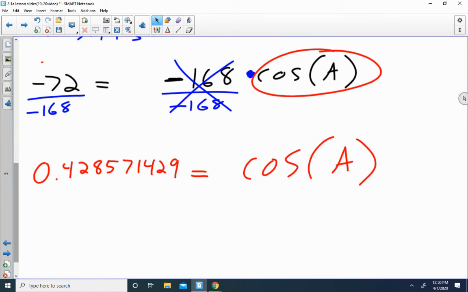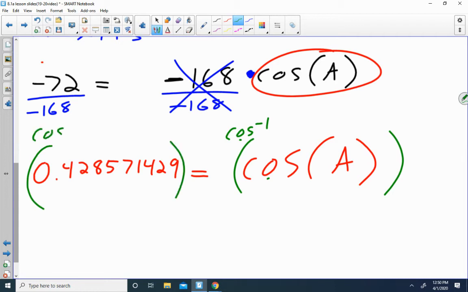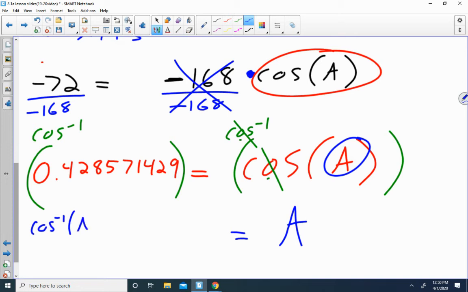All right, almost done. All that's left to do is inverse, so that the cosines will cancel. So cosine inverse to both sides. These will cancel, and then you'll just be left with big A on the right. Now you just got to do cosine inverse of this decimal, or cosine inverse of the previous answer, and you should get your big A, which should be